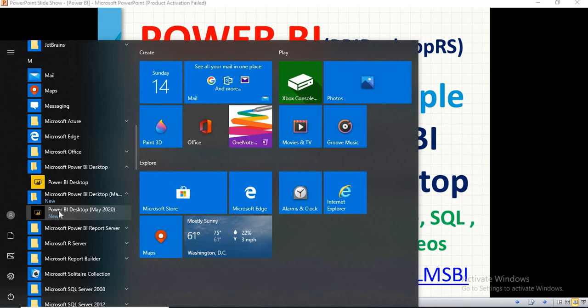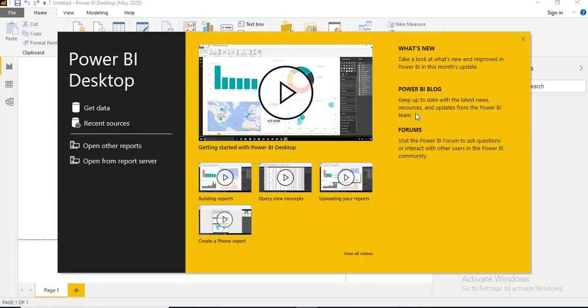Once you click on it, if you are opening it for the first time, it might take a little while to open, but if you keep opening it, it opens very quickly. Let's click on it. You'll get a window like this. It's a very common window, the same one you get when you open Power BI desktop as well. It was not asking for a login or password here, and that is the difference.